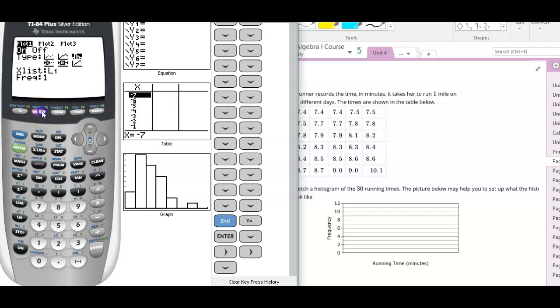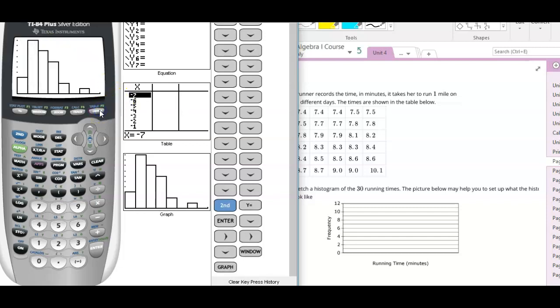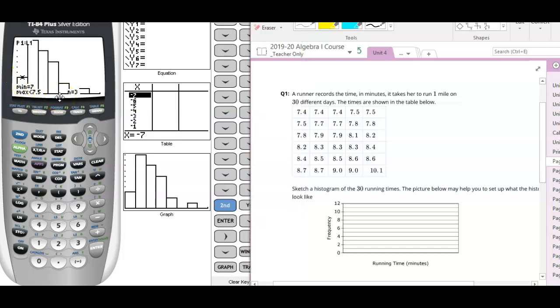Then I'm going to look at my window. Well, I know that all of these running times are between 7 and 11. So I said that I want my X min to be 7 and my X max to be 11. I didn't want to just count by ones because these are pretty close together, so I counted by half. Then when you look at your graph, you have a very nice picture of what this should look like. And if I press trace, I can see that from here, these are between 7 and 7.5. So moving over to my picture,